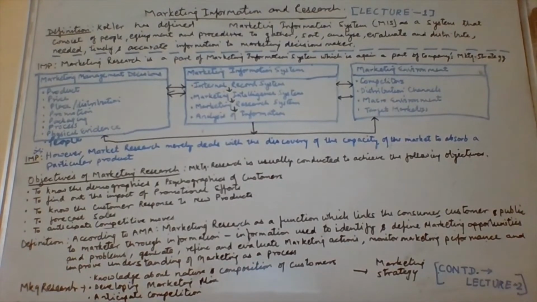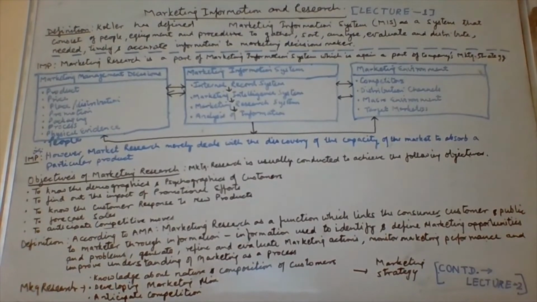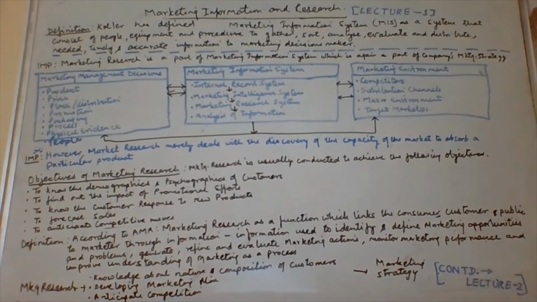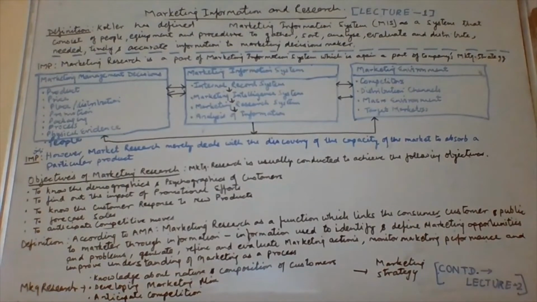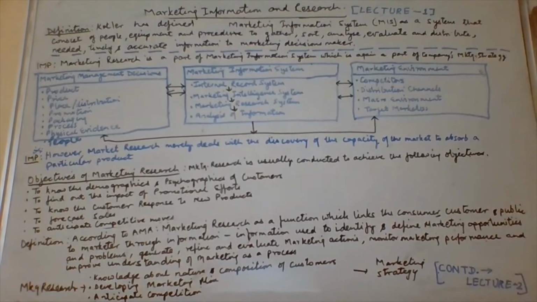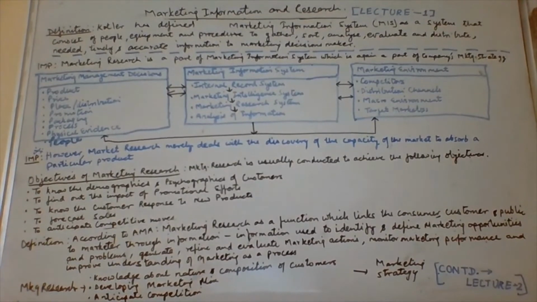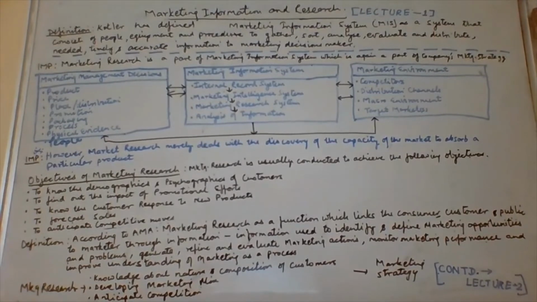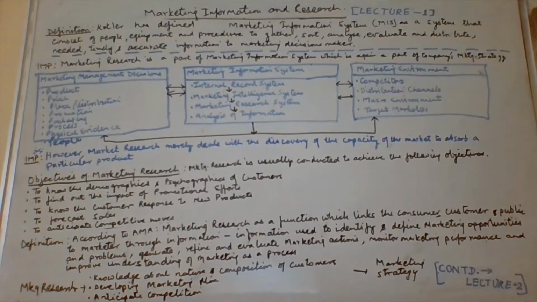Now, this definition has been given by the American Marketing Association, which suggests that marketing research is a function which links the consumers and customers. In certain cases, the person who consumes the product is the consumer, and the person who buys the product is the customer, and these two can be one. In certain cases, examples have been dealt with earlier also. And the public are the people who may not be the customer or the consumer for a particular product, but by and large the public is also there, linked to the marketer through information. The marketer therefore makes marketing decisions through information.